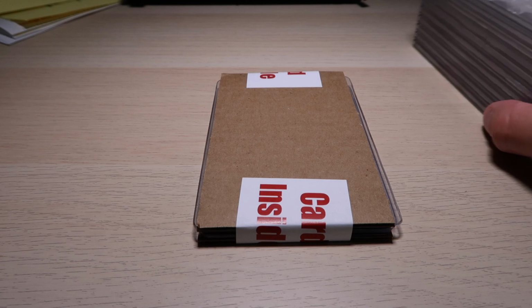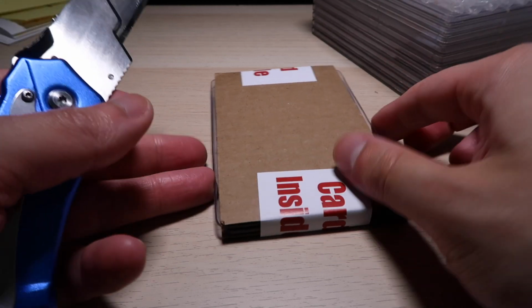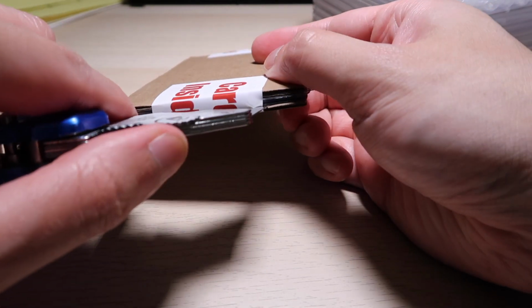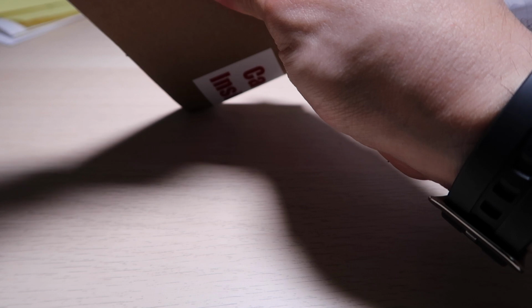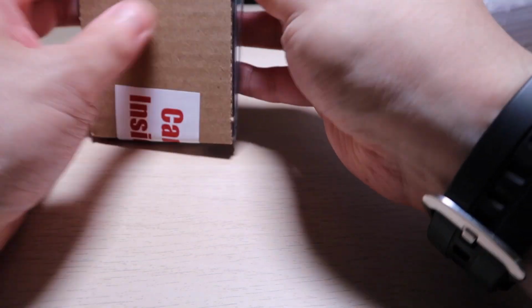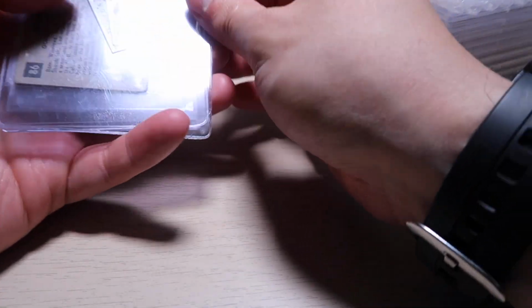Alrighty, so as not to spoil things for myself, I put the little plastic on top. But now these are the ones that for whatever reason weren't graded. So let's find out what's going on with these. It's disappointing, but we're going to see exactly what they had in mind or what the issue was. We're going to find out. All right. Okay, well, it looks like...